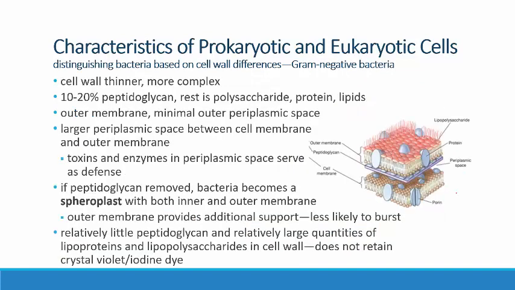Okay, so distinguishing the gram-negative bacteria. As we said, the cell wall in gram-negative bacteria is much thinner, but it's also more complex because of all of this membrane, the outer membrane that is associated with gram-negative bacteria. So about 10 to 20% of the cell wall in gram-negative bacteria is peptidoglycan, and all the rest is other polysaccharides, proteins, and then the lipids of the outer membrane. There's a much larger periplasmic space here,